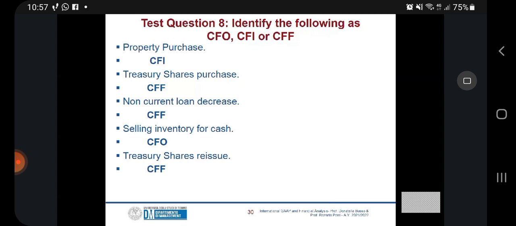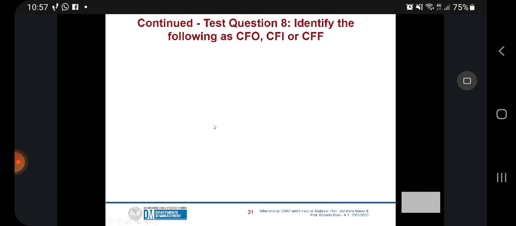Current loans increase. Part of financing activity again. Loans, debts, debentures, always financing. Okay, we have others: common stock issue. Whenever we issue shares or stock, either common or preferred, that is part of financing activity. Land purchase,